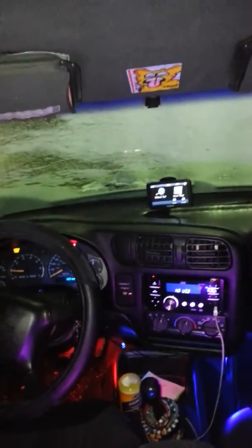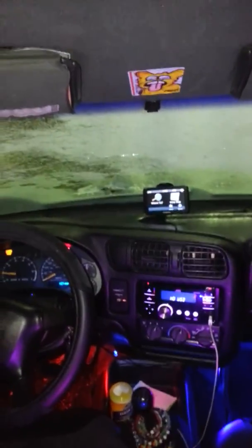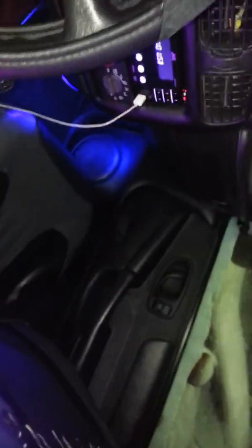So this is my wannabe ghetto cruiser. Got the bed of it filled up with snow because it's a very light truck. This is pretty much my view sitting inside here all the time. I love this truck. It's a piece of junk,